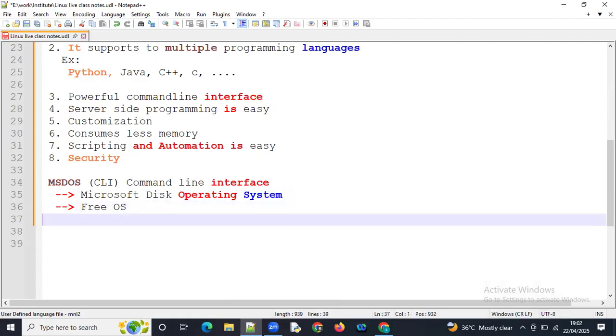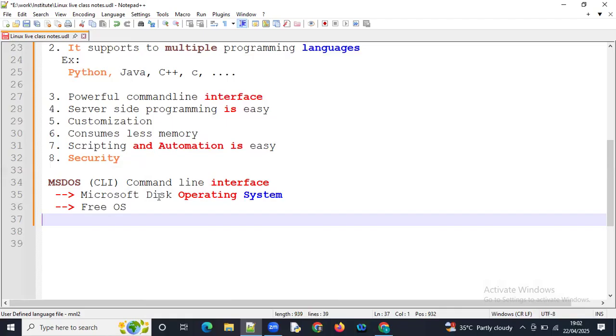But the thing is, it is single user only. We have different kinds of operating systems depending upon user management or user usage, that is, single user and multi user. The types of OS are single user single tasking, single user multitasking, and multi user multitasking.